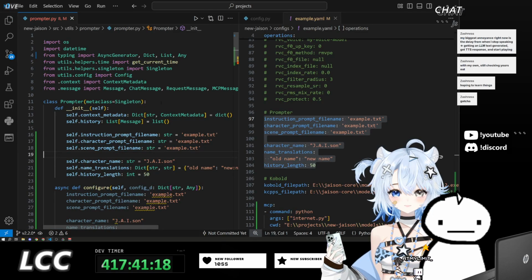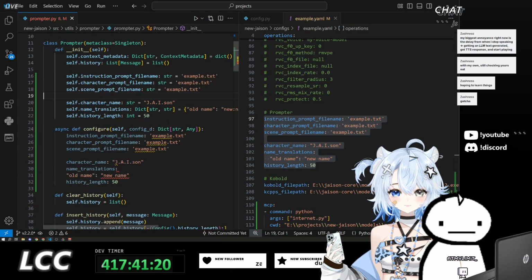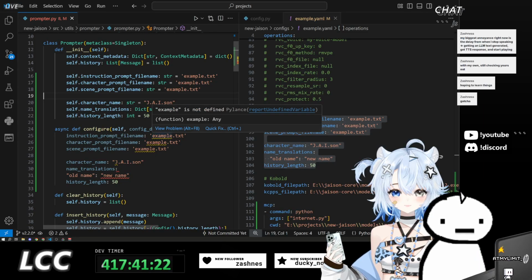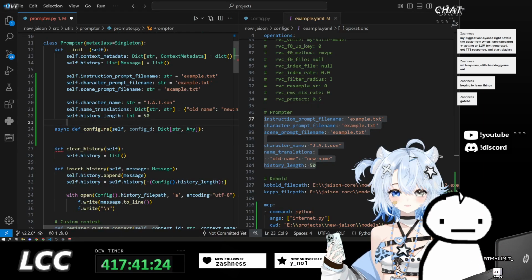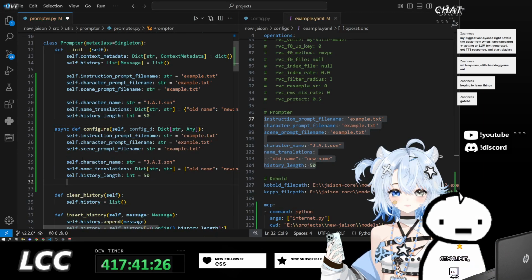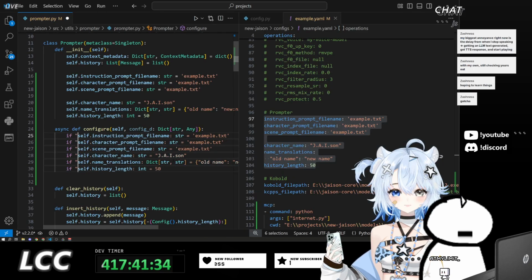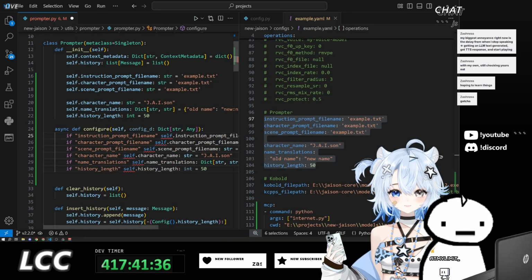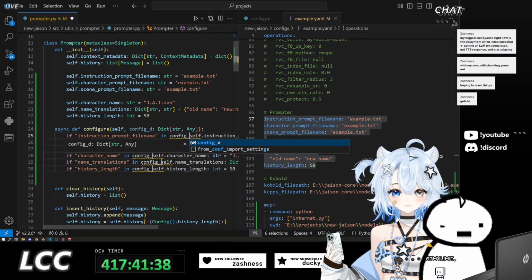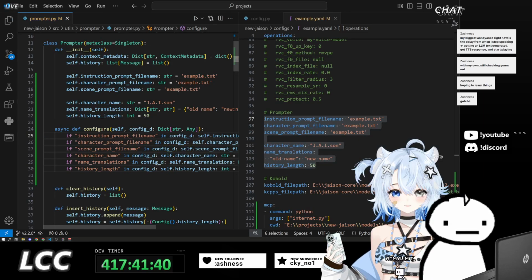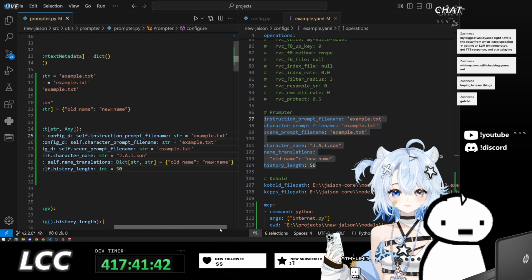Okay, good. And so that means inside of here, just pull these down. If these keys are inside of the configuration dictionary, then we will set them.